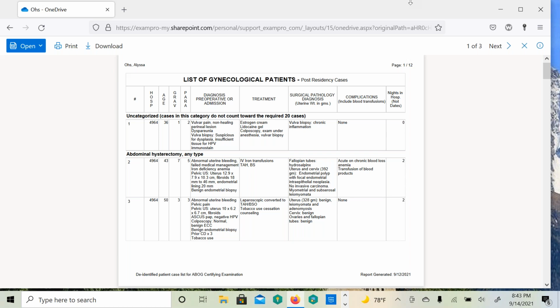One of the things the examiners want to know is that we understand the limits of what we are able to do in our experience, and then maybe we call on other people to help us. So in the exam, it's absolutely appropriate and really encouraged to refer to other people when appropriate. We do not have to manage every single case right down to the last iota by ourselves. We can call other specialists.